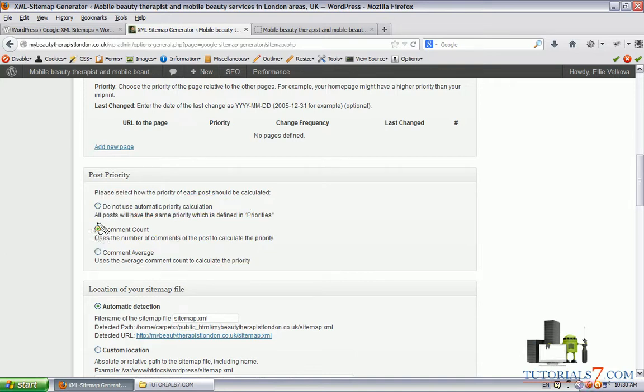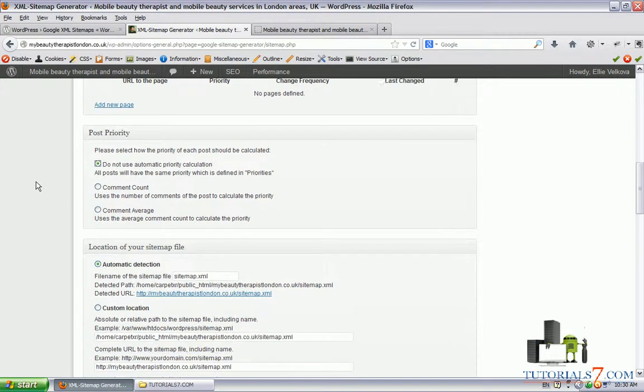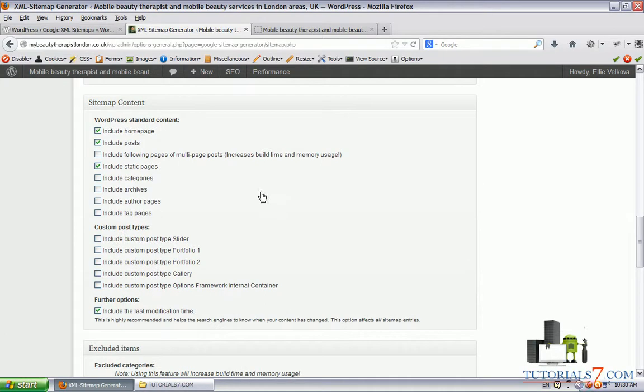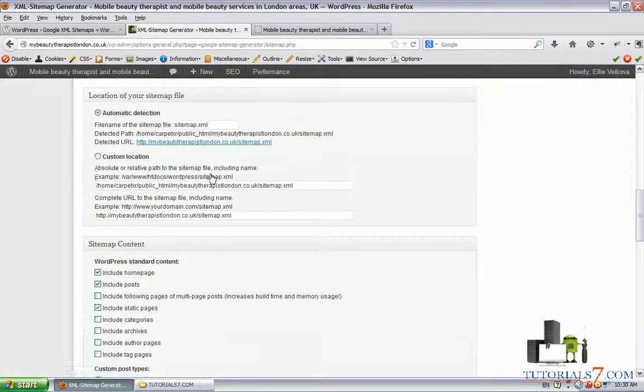If your blog is very popular and you have a lot of comments, you can set up this option to build a sitemap and change the priority based on the comment count. Usually I'm not using this one. We can make all the posts and pages use the default priority, which is down below. We will see this later.